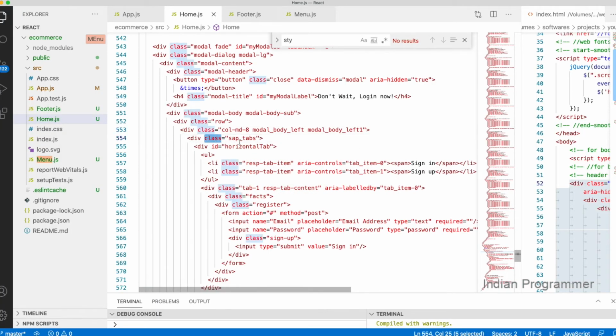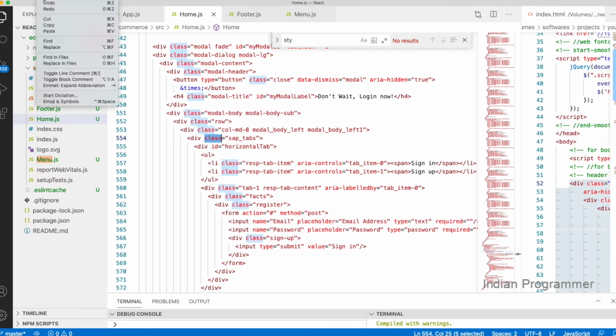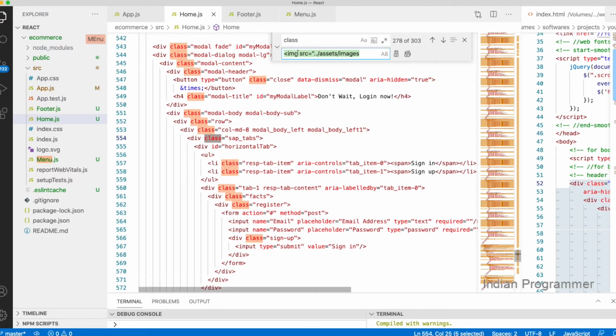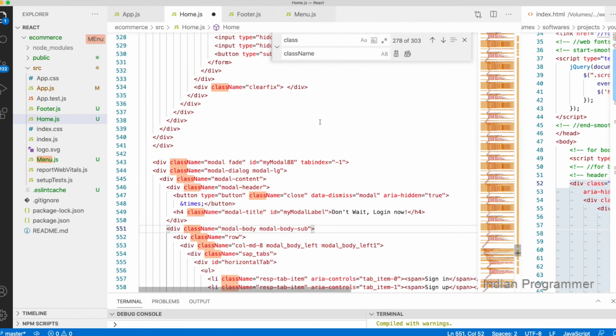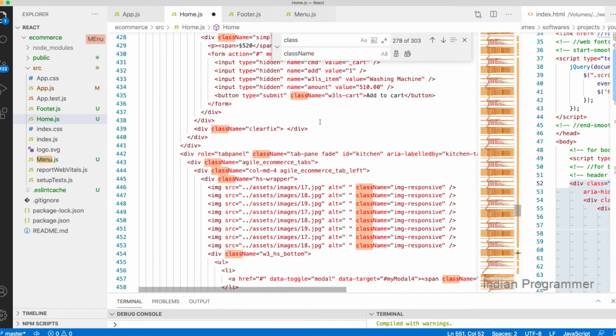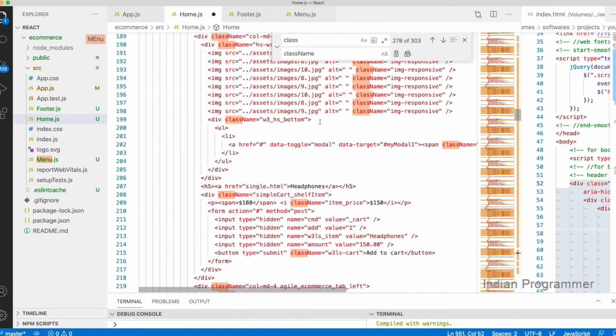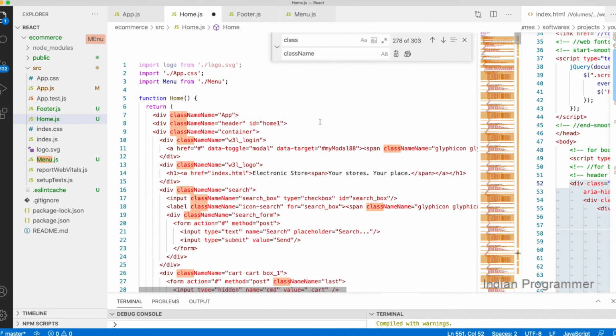I think it should not be. I have to replace class with className, correct? Replace all. Okay. This is the problem.